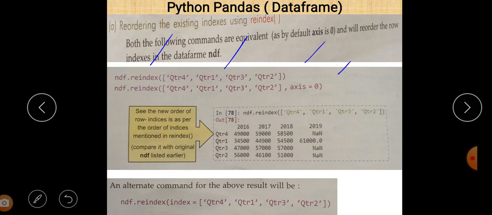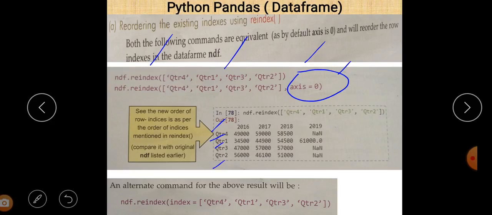Both have the same impact because by default axis is 0. It means all the changes are made on different rows. Axis 0 means row-wise, axis 1 means column-wise. So you can easily see that now the changes are here: q2r4, q2r1, q2r3 and q2r2. These are the new row names here.